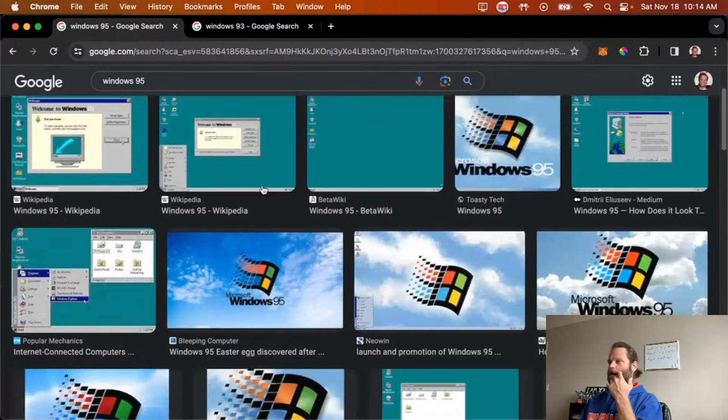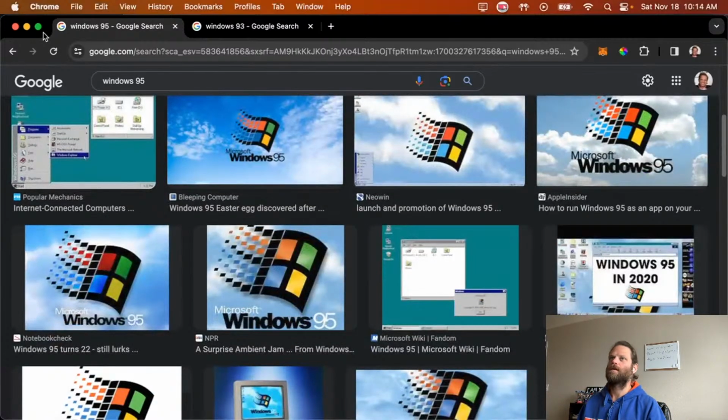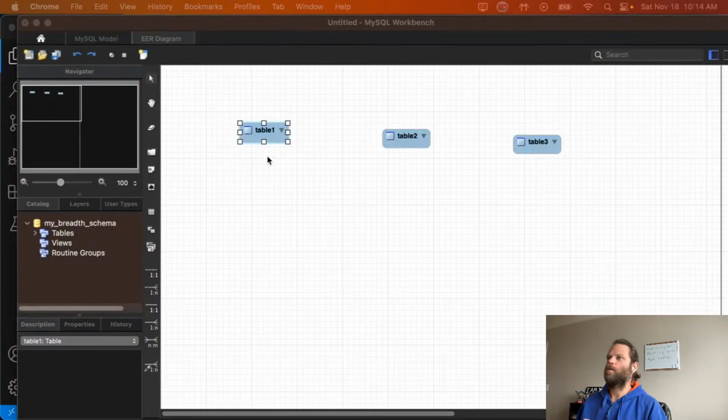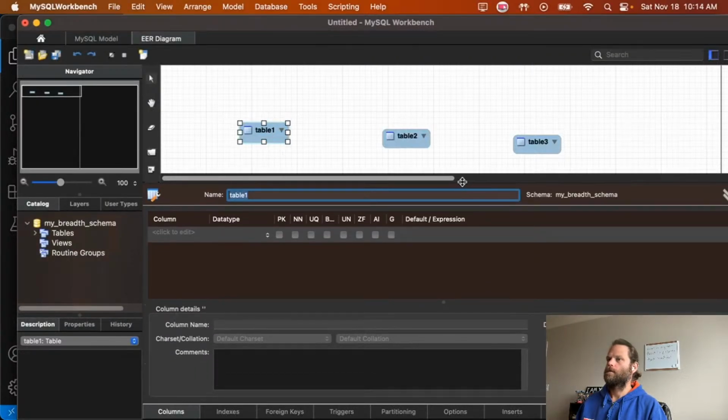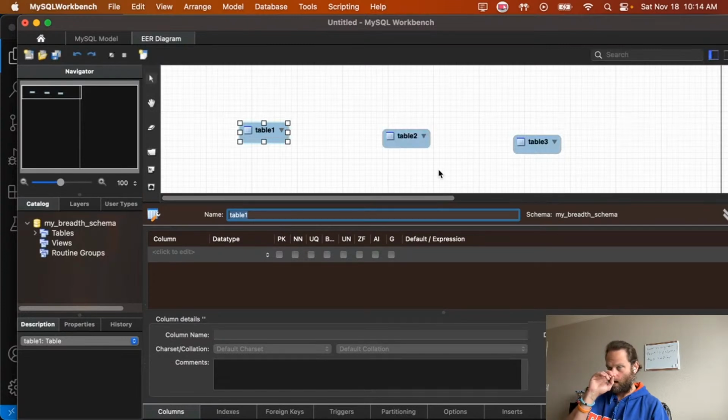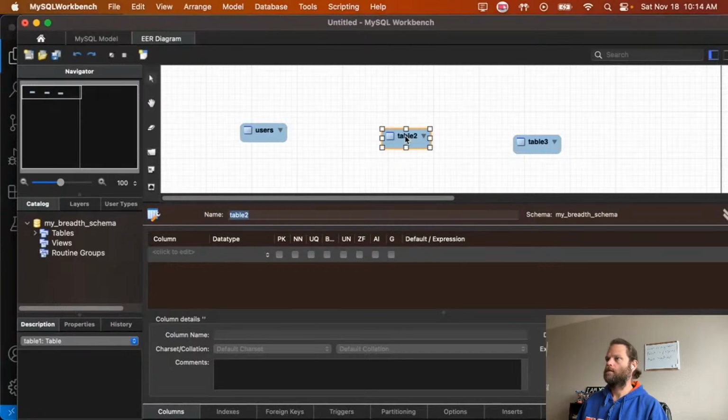These hard box lines seem to still be in vogue with MySQL Workbench. Okay, and you can't use Sonoma, which is not great. I guess just so we can test it out, I can always make a new database, or a new diagram. It's not that big of a deal, but let's just do users,